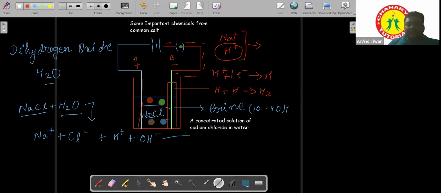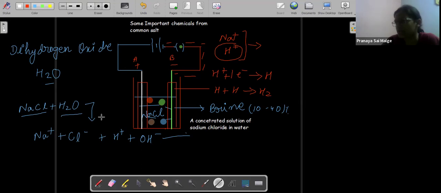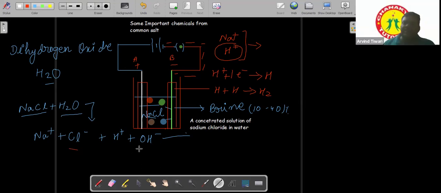Now at the second electrode, let's see what will happen. The second electrode is positively charged, so all the negative charges from the solution will be attracted towards this plate. Which ions in the solution are negatively charged? Cl minus and OH minus. Now out of these two,